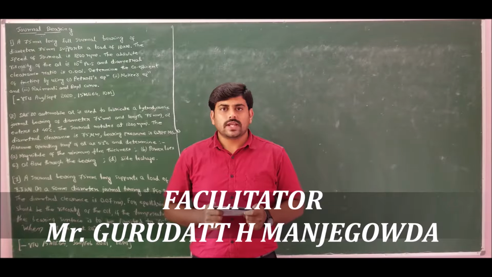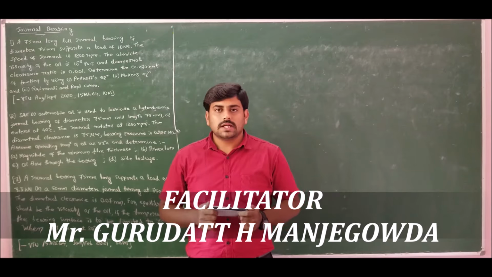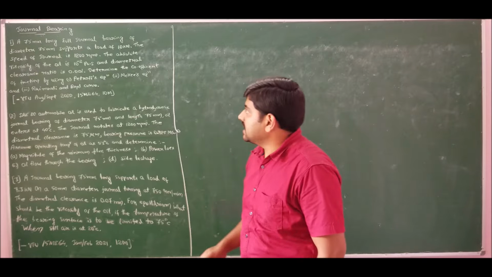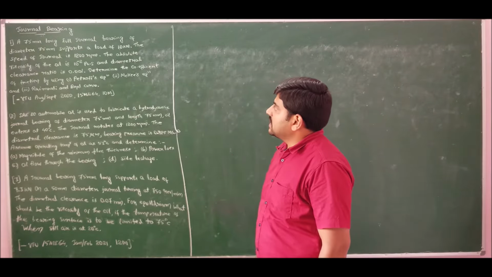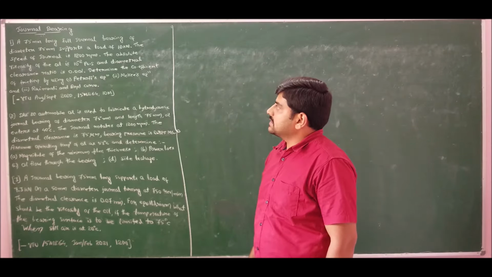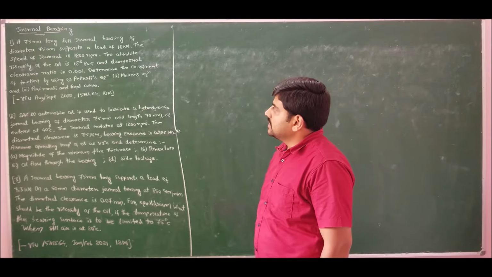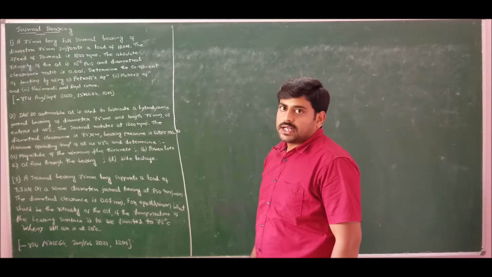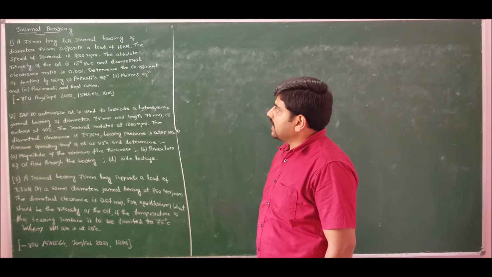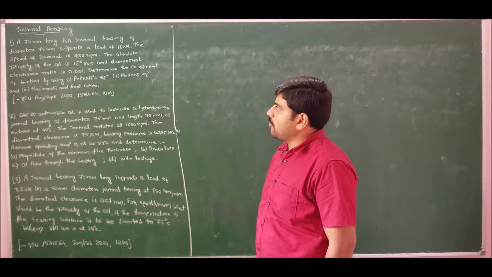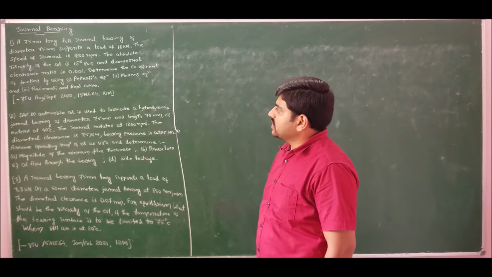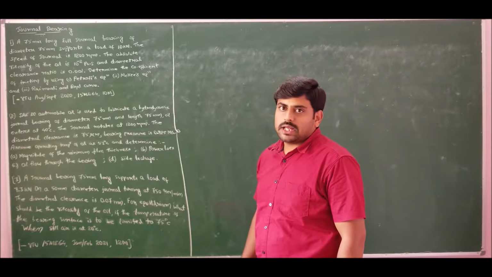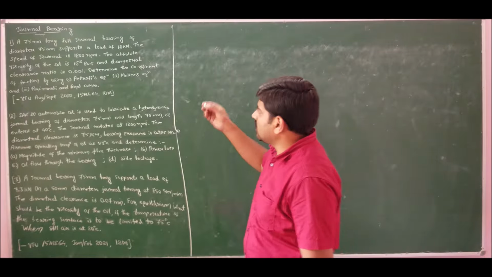From today's lecture, we are ready to start numerical problems on the design of bearings. Problem number 1 of our discussion on journal bearings states that a 75 mm long full journal bearing of diameter 75 mm supports a load of 10 kilonewtons. The speed of the journal is 1200 rpm. The absolute viscosity of oil is 10 to the power of minus 2 pascal second, and the diametric clearance ratio is 0.001. Determine the coefficient of friction by using Petrov's equation, Mackey's equation and the Raimondi and Boyd curve. Let us solve this problem.